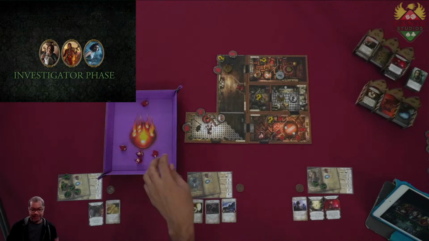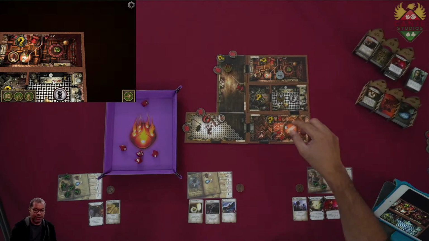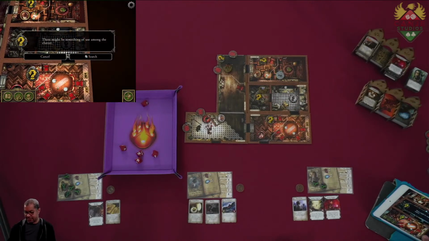Investigator phase. Alright. Rita Skeeta is gonna go into the pantry and search that clue. That's her 2 move. Okay,